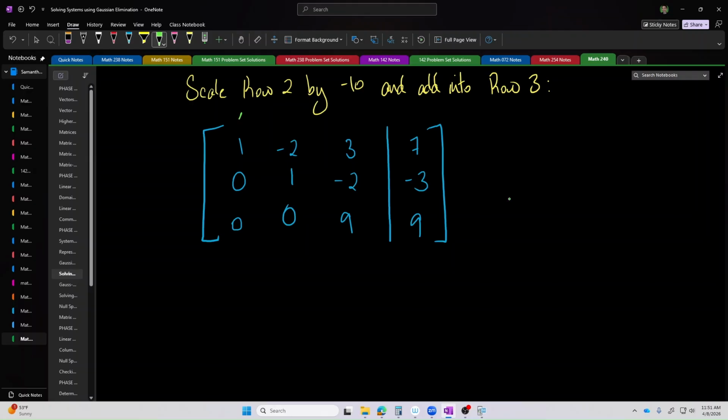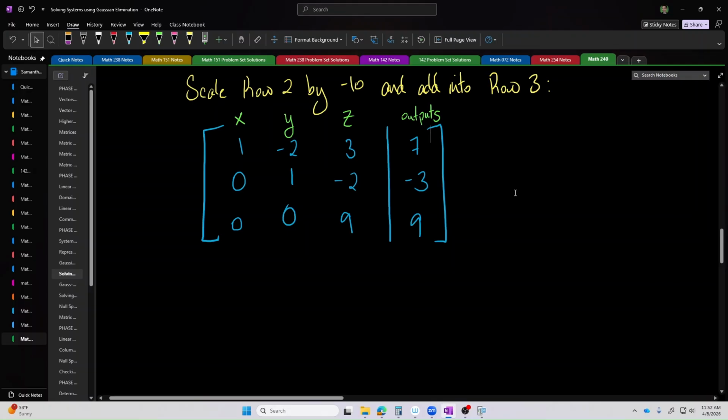Let's remember that this first column is storing the coefficients of x. This second column is storing the coefficients of y. This third column is storing the coefficients of z. And this final column is corresponding to the outputs. So if we bear that in mind, we can take this augmented matrix and turn it back into a system